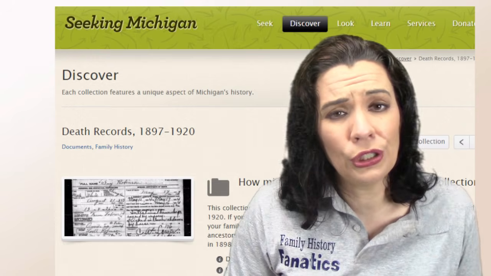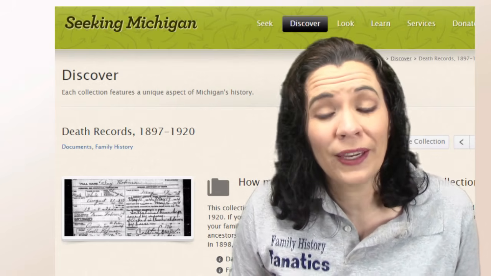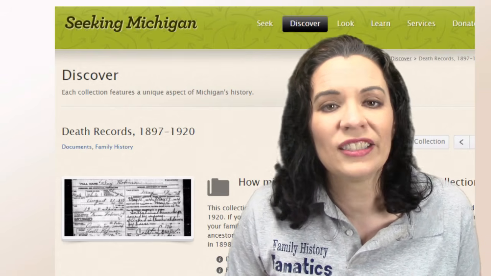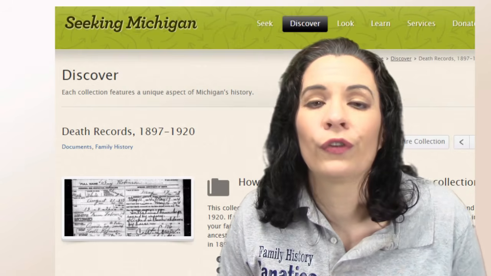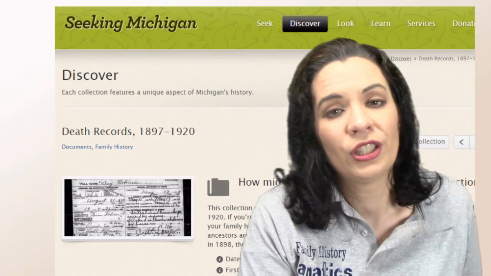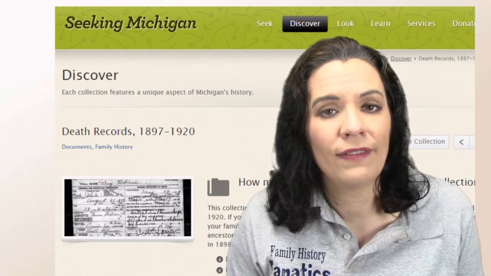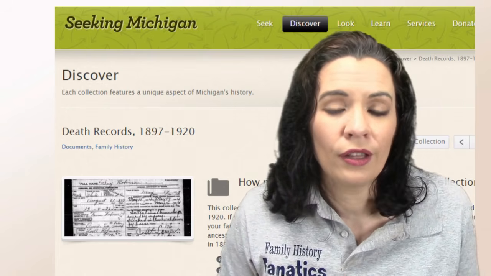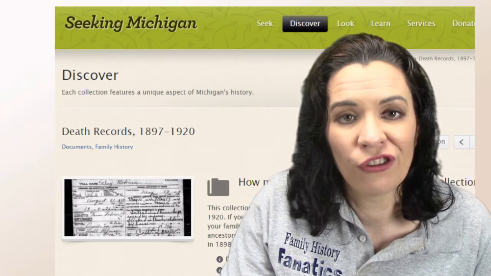Now, the other thing you can do to find records is to check out state archives. I like to pick on Seeking Michigan, but it doesn't mean it's the only state out there that has these digital archives that have these digital collections of records for your ancestors. So just because it's not on FamilySearch, Ancestry, you name it, it could be over on a state archive and they could have exclusive rights to those collections. So don't say if it's not on the Big Four, it doesn't exist online, because it could be there. You just need to look for it.